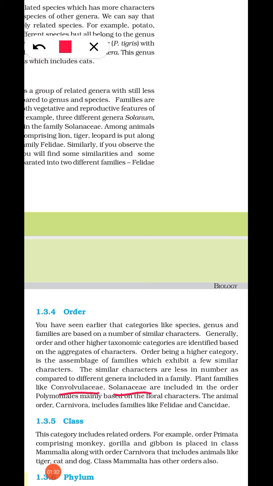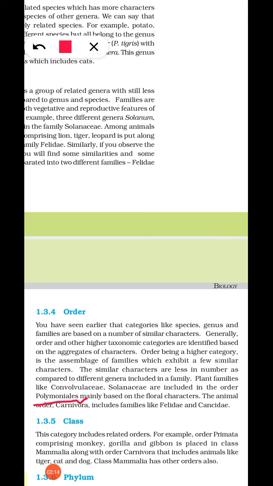Solanaceae members have particular characteristics, and Convolvulaceae has different characters, but they share certain common features, and on the basis of their common features, these two families, Convolvulaceae and Solanaceae, are included in an order known as Polemoniales. Understood? In the case of plants, we study the floral characters, the vegetative characters,